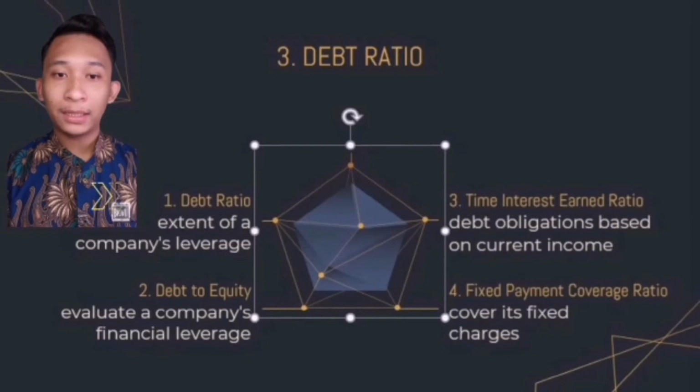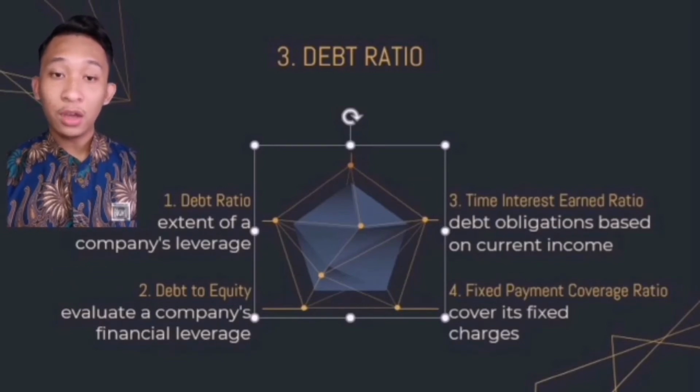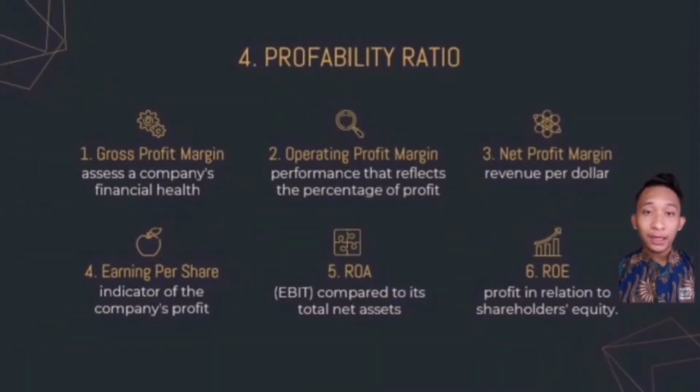can be interpreted as the part of a company's assets financed by debt. Debt to equity is used to evaluate a company's financial leverage. Time interest earned ratio is a measure of a company's ability to meet its debt obligations based on current income. Fixed payment coverage ratio measures a firm's ability to cover its fixed charges such as debt repayment, interest expense, and equipment rental expense. Next is the profitability ratio, which consists of gross profit margin, operating profit margin, net profit margin,